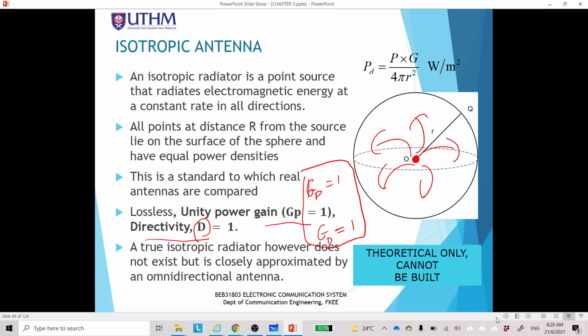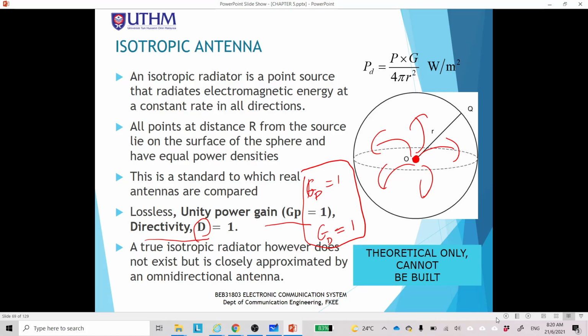Okay, last week we stopped at this slide about the isotropic antenna. So we are now in the second topic of chapter 5 about antenna. The purpose of an antenna is to radiate the electromagnetic signal to free space, and also to receive the signal from free space so that we can process it and get